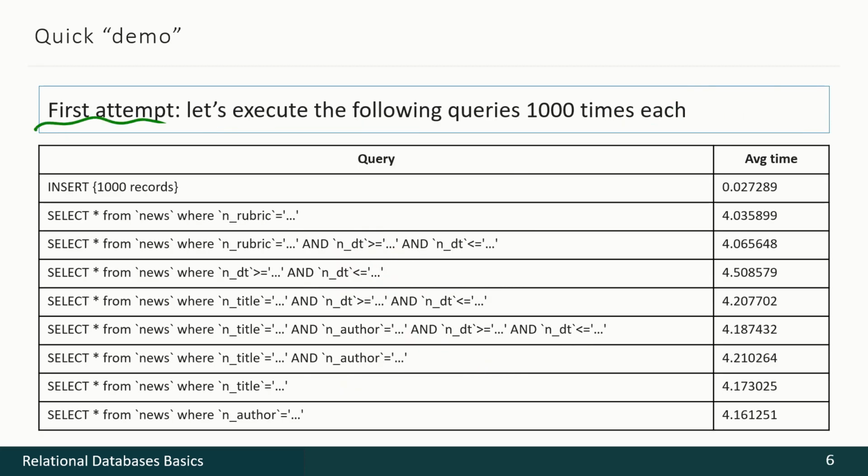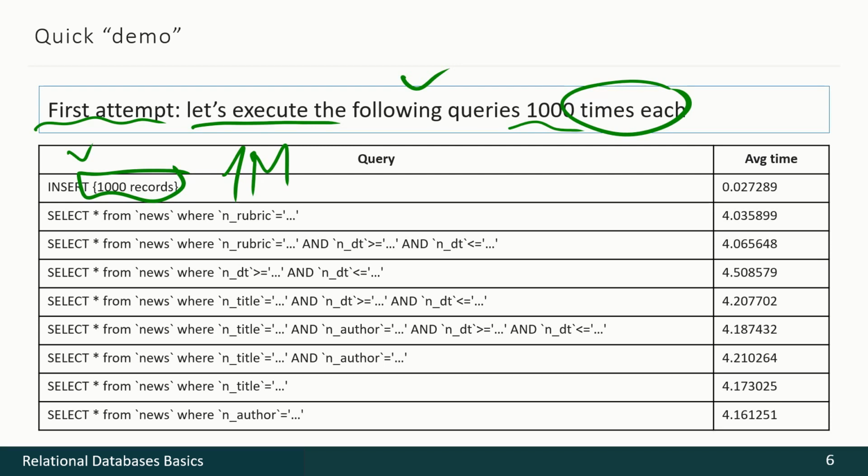On the first attempt, we shall execute the following queries 1,000 times each. We shall insert 1,000 records 1,000 times, so we have 1,000,000 records in the end, and then we shall select from that table, searching by news rubric and date-time of publication range, then by date-time of publication range only, then by title and date-time publication range, then by title, publication date-time range and author, then only by title and author, only by title, and only by author.